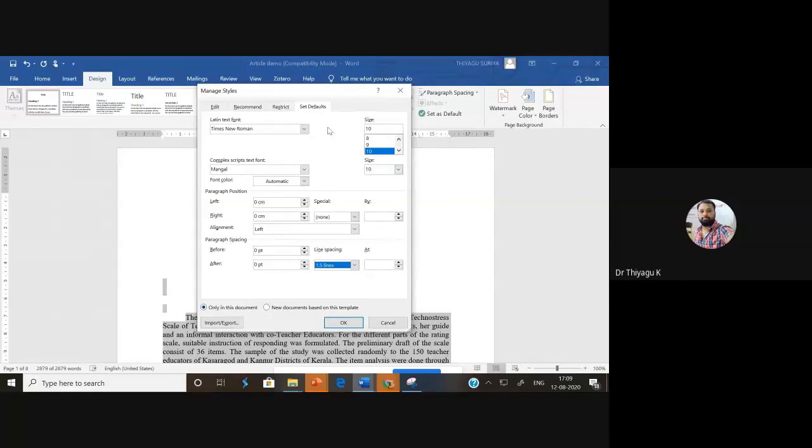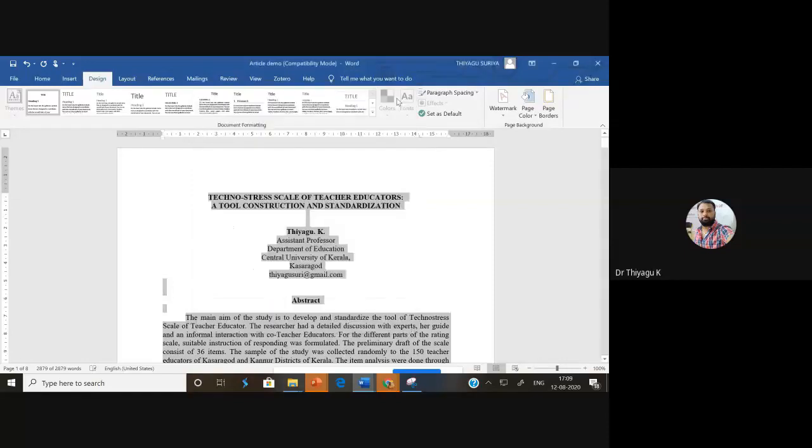And here also we can change the font size. Everything comes in a single place, so you can look at this. If you want to make a new document, you can go with a new document. But it's better you go with the shortcut. So as I already mentioned, select all, then right click and go with the paragraph options. This is a good thing.